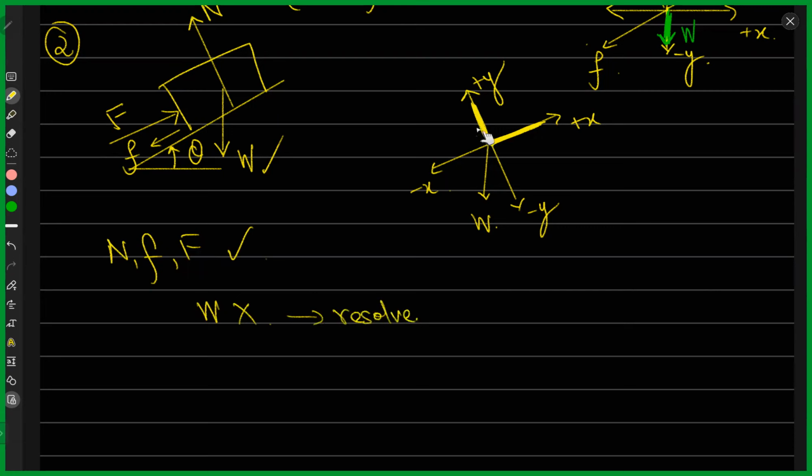And resolving it according to this coordinate system, geometrically, this angle is theta as well, right? It's theta. Now, if I extend this line like this and extend this line like this, it forms a right angle triangle. So that's theta, this is 90 degrees, and this is my W, right? This line is W. So I need to find this line, this one. What is this? So I'll use these laws of triangle. Let me draw this triangle over here. This is 90, this is angle theta. So this, I can write it as cos theta